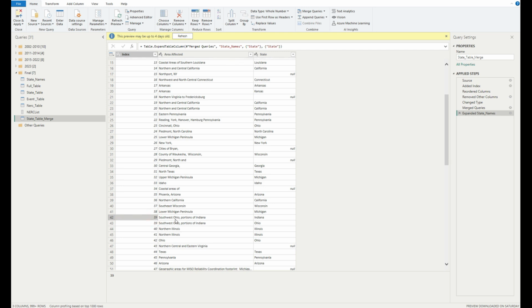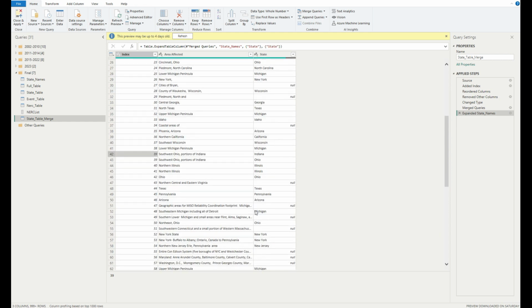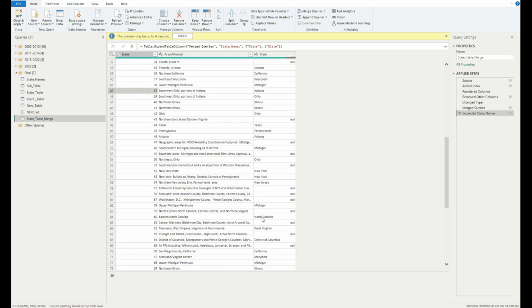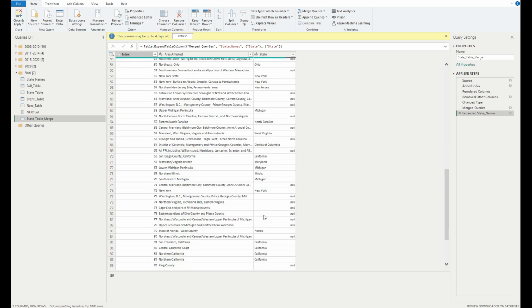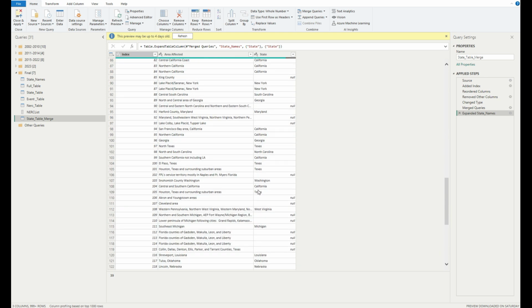So if we're in two different states, parts of Ohio and parts of Indiana, you want to pick up both Ohio and Indiana. You'll see here northern, central, and eastern Virginia. It hasn't picked up anything because it might have been a bit confused between West Virginia and Virginia. But yeah, I think it's probably okay for a first pass, but I think if you want to get